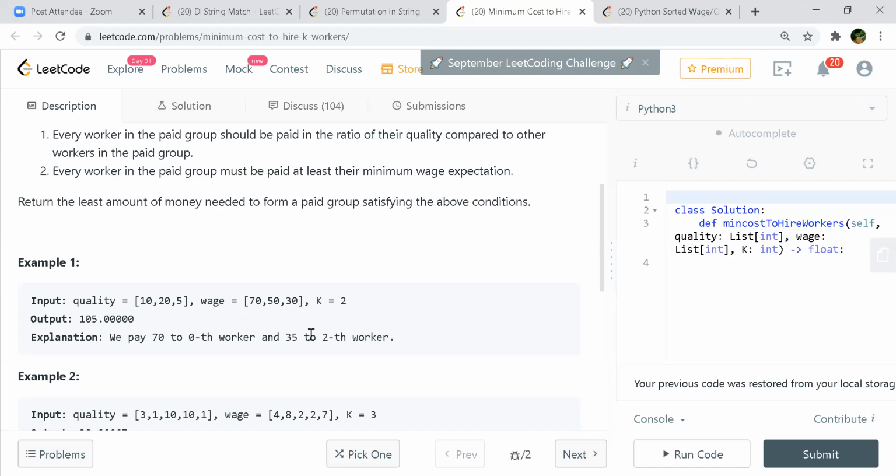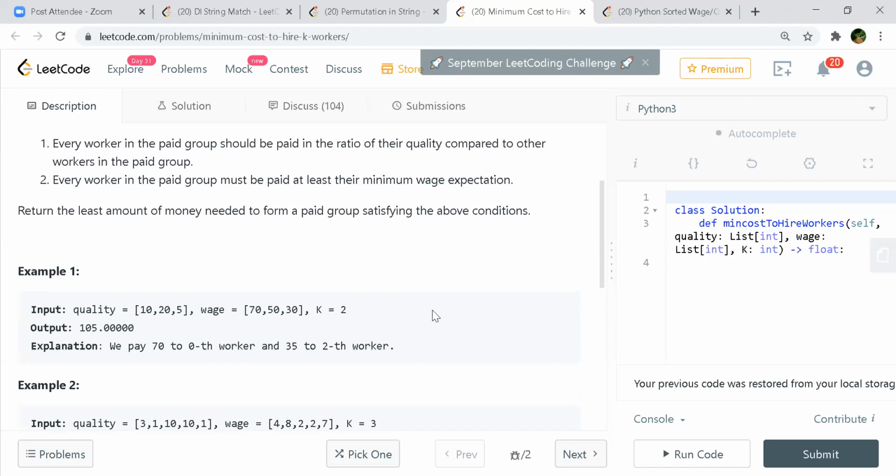It's a little bit difficult, but the two conditions are now getting clear after discussing with you guys. So the first condition says that we need to create a ratio for whatever worker you want, and then you select the number of workers. In that, you form ratios for all of them, and whichever is the greater one, you try to pay as per that ratio, correct? Am I correct in my understanding? Close. We have to take one worker which would be guiding the entire set.